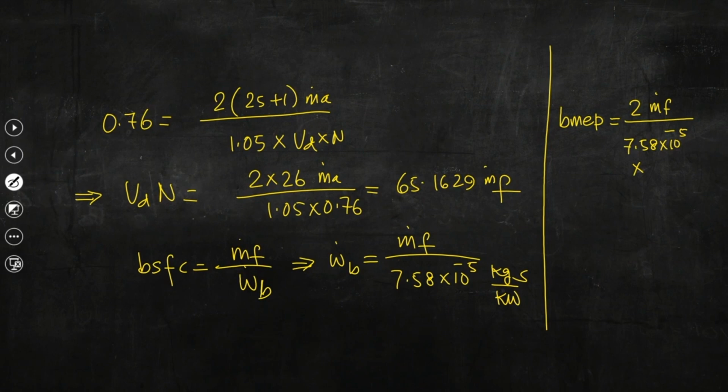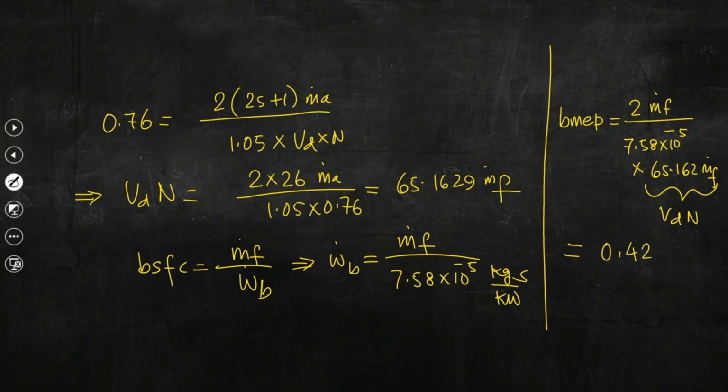So, this is the W dot b, right, and Vd into n is 65.1629 m dot f. So, this is Vd into n and this total is W dot b. If we calculate, you can see that m dot f is appearing both in numerator as well as in denominator. So, we can get BMEP equal to